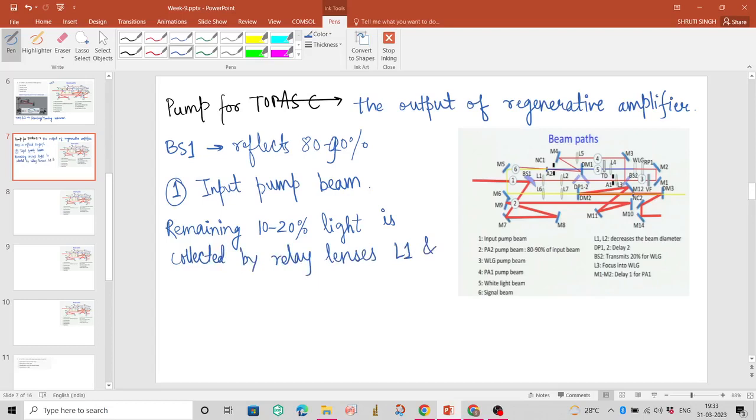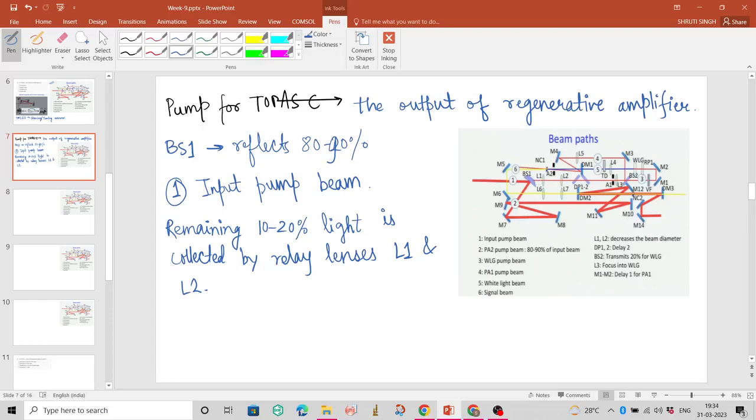We will discuss this path a bit later. Let's go straight. The input beam comes, it hits the beam splitter, then 80% is reflected in this direction and the remaining 20% is transmitted, and the L1 and the L2